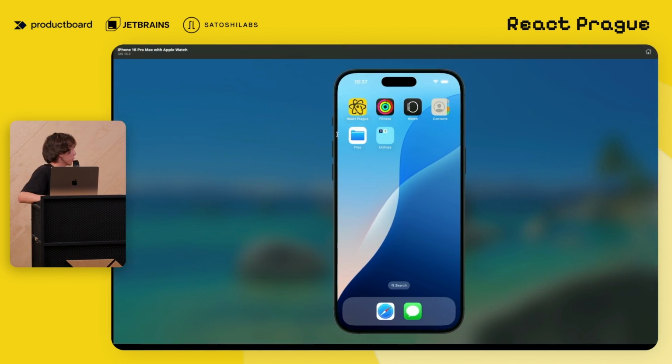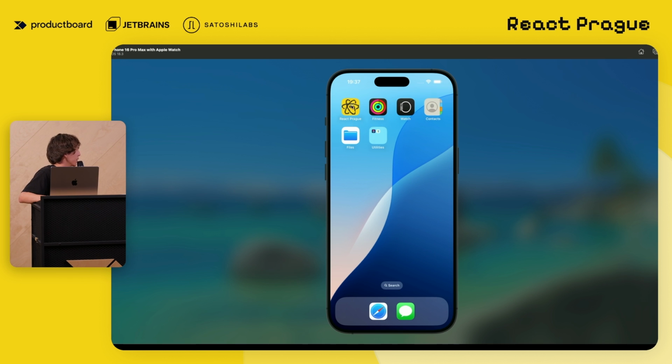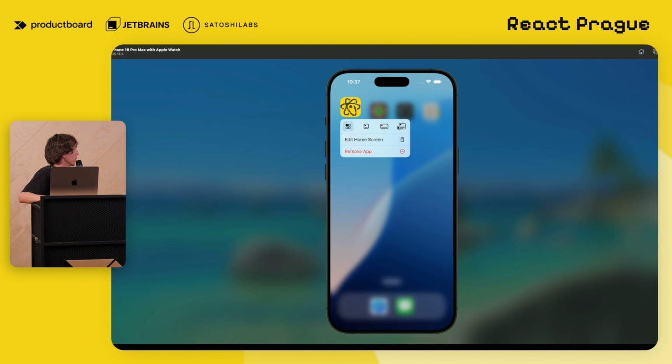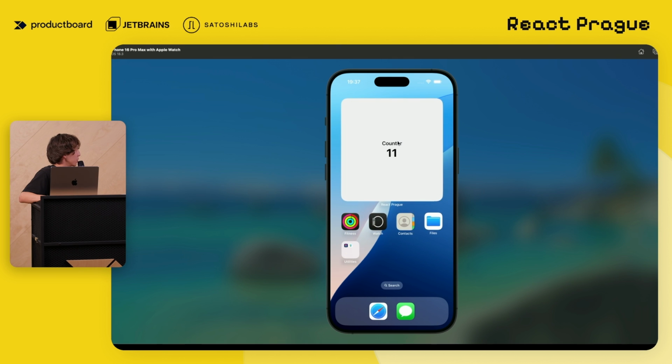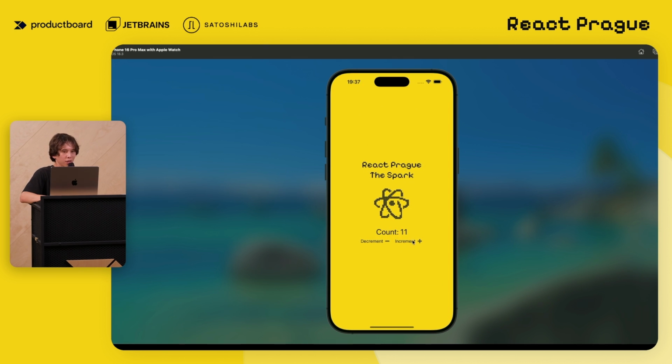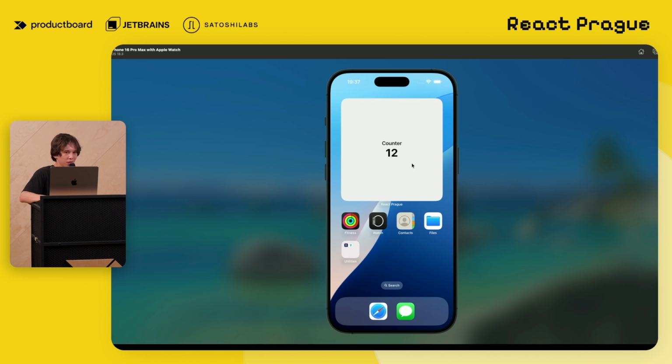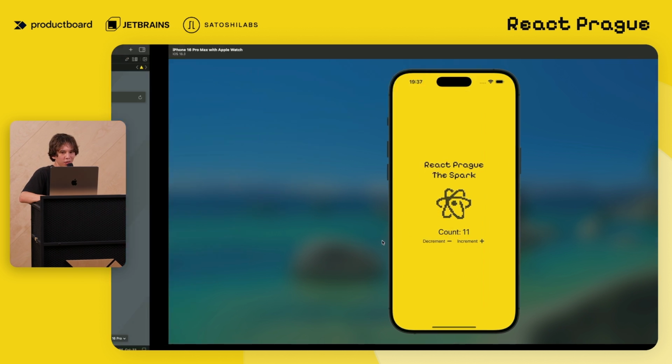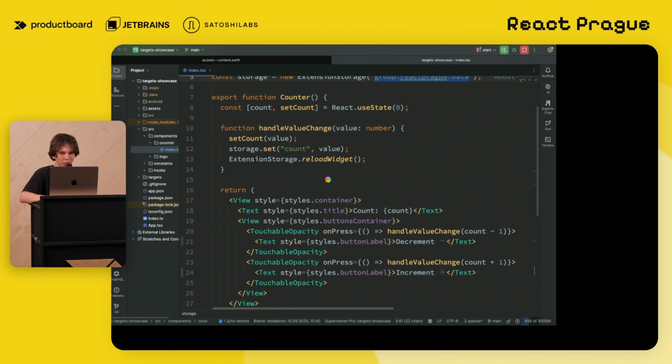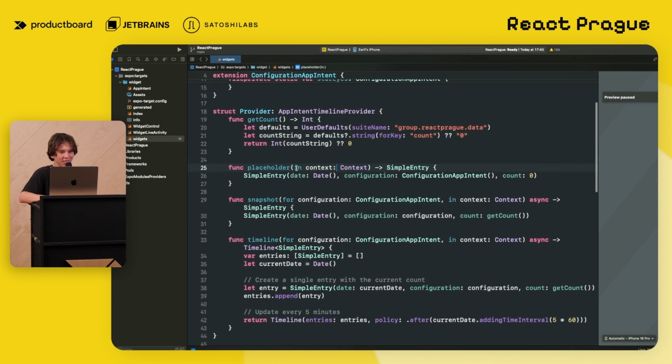But basically what I want to show you is that when you have this widget application, it has a counter. And in your mobile application, you can change the value of this counter and it will instantly reflect on the widget. And there is a technology. Sorry guys, it doesn't work today.